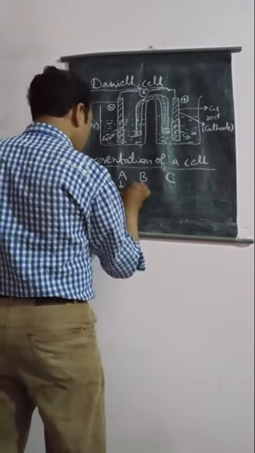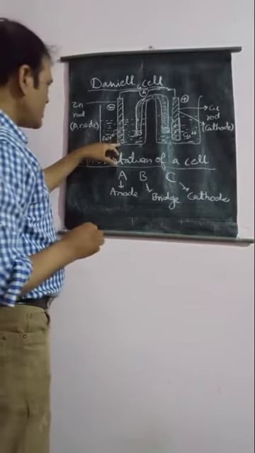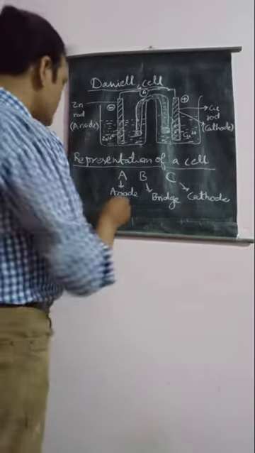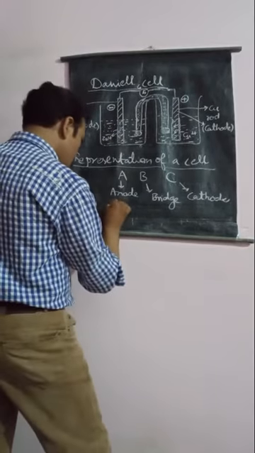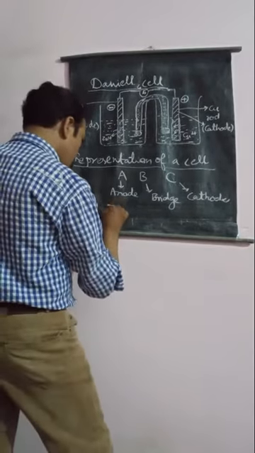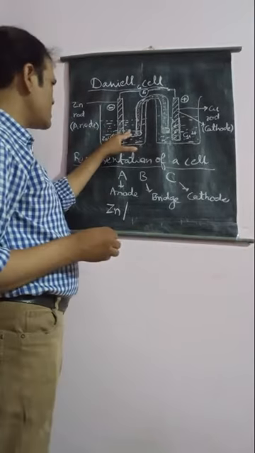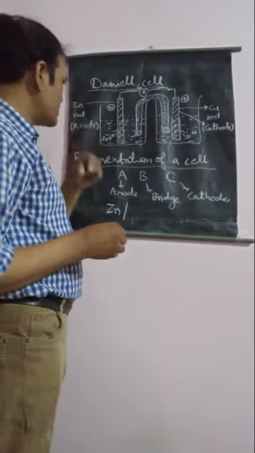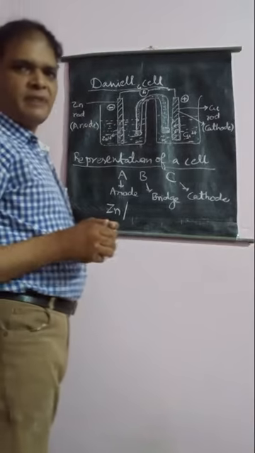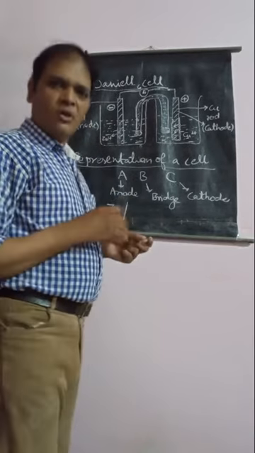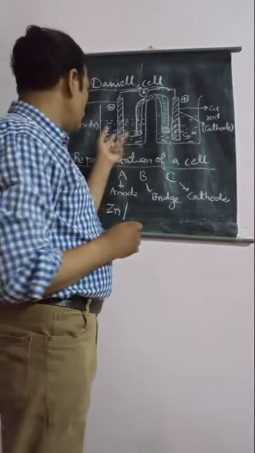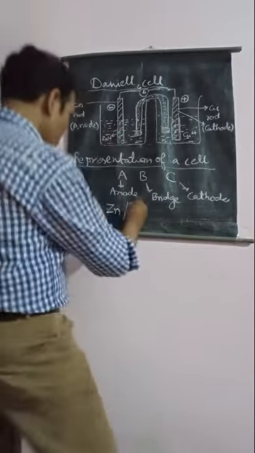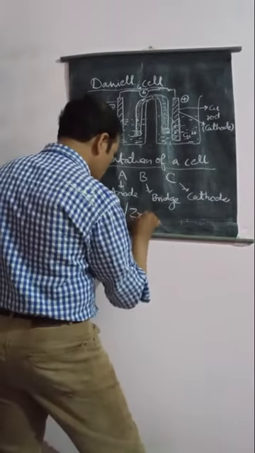What is the anode here? In this particular case the anode is made of zinc metal. So we can write Zn, which is present in the solid state, and we can also write the solution in which the zinc electrode is present. Since zinc ions are present in the solution, we generally use the ion symbol, not the formula of the electrolyte. So we can write Zn2+.